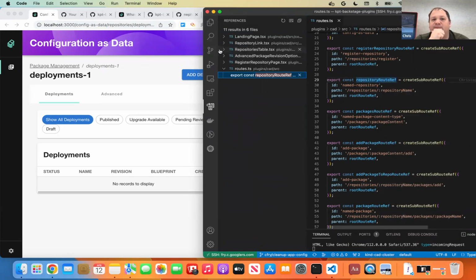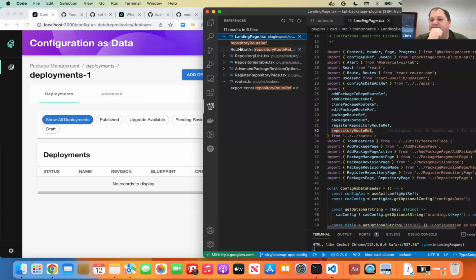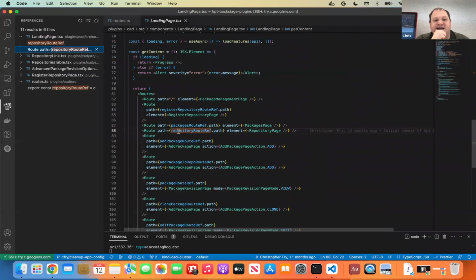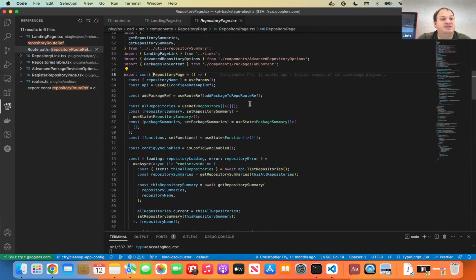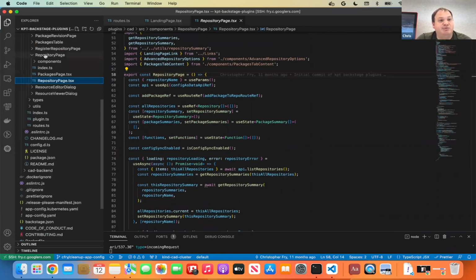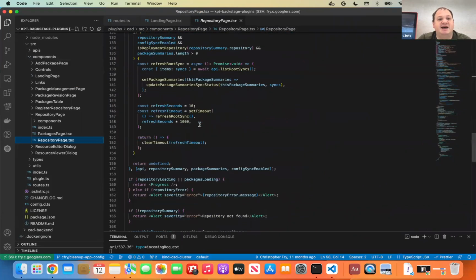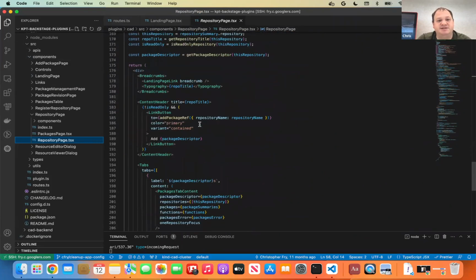And the main reference I'm looking for is within the landing page. Let's go here. If I expand this out, I can see that for the given route, for this repository's route ref, it's going to map to the repository page. If I jump to the repository page component, we can see that it took me to the repository page within components. And if we scroll down a little bit further, we can see,